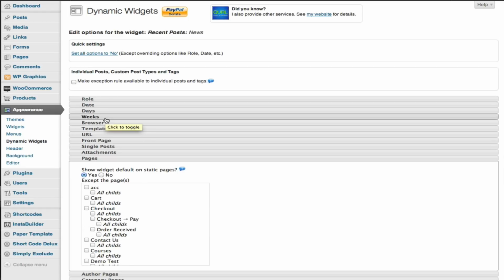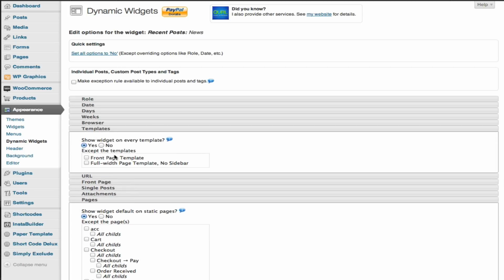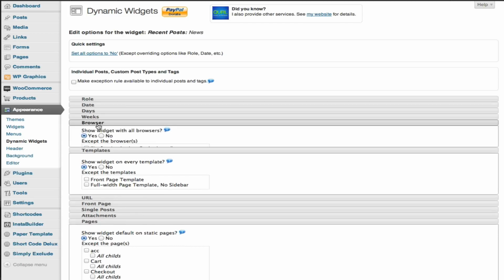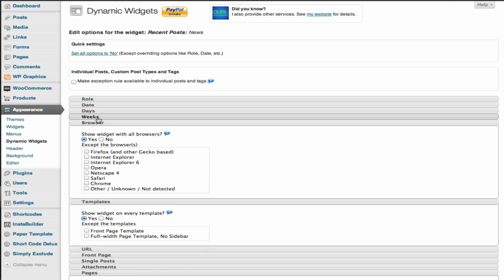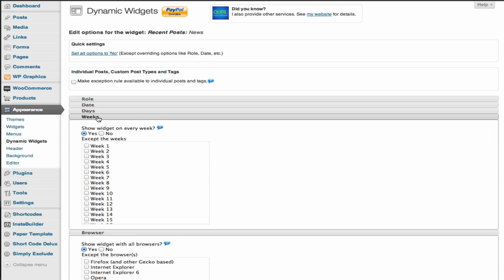The other things you can do obviously with your home page, things that use particular templates. So every theme has a series of templates. So you can pick that you don't want to see it on particular templates, and the template may not include the sidebar anyway. You can do it for different browsers,